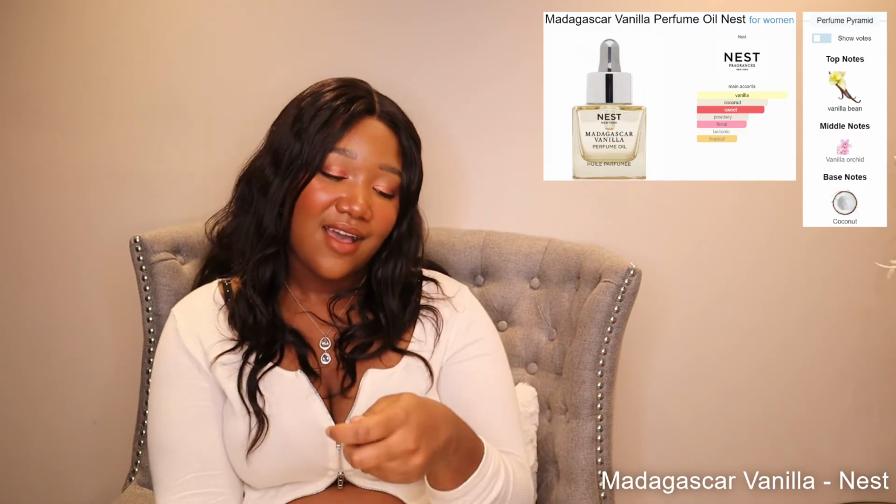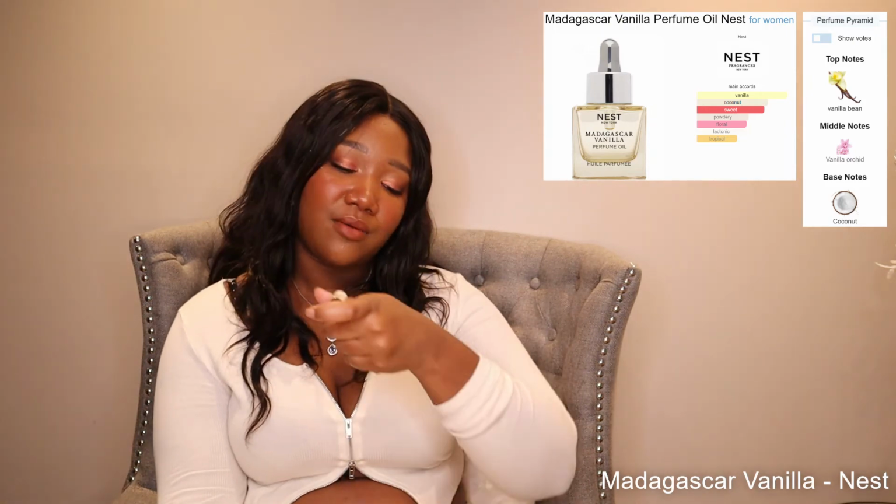Yeah. I would layer everything with this. I have a lot of fragrances that have vanilla in them, and I would layer everything with this, and I have some fragrances that don't have vanilla in them that I think need vanilla, and I would layer with this. It's not very strong, like at all, but